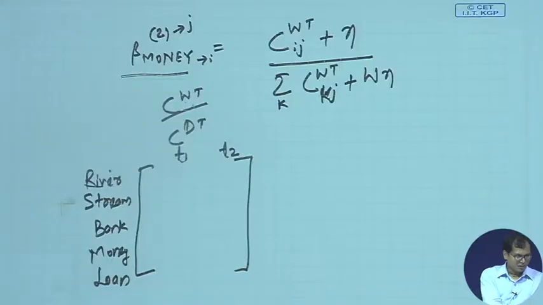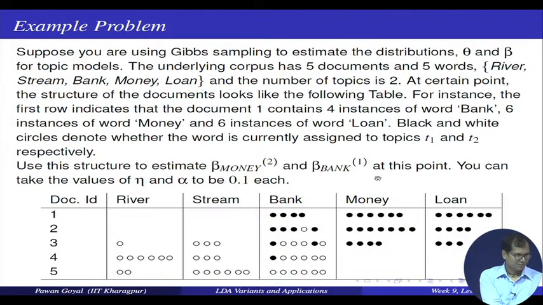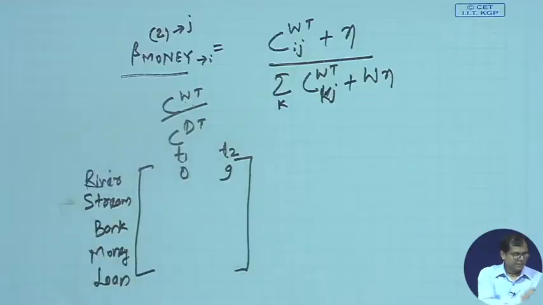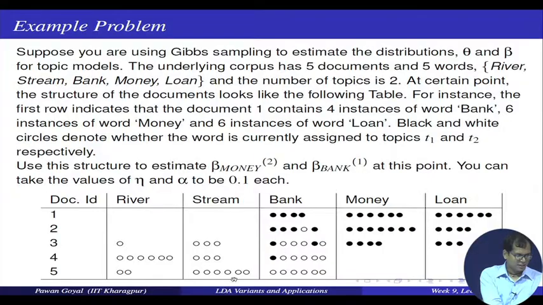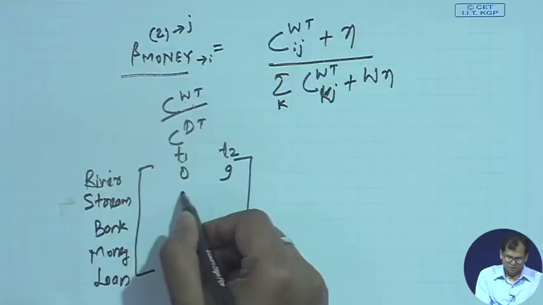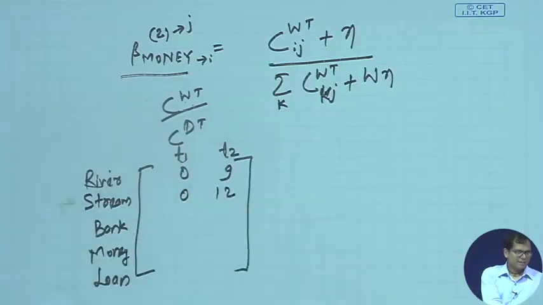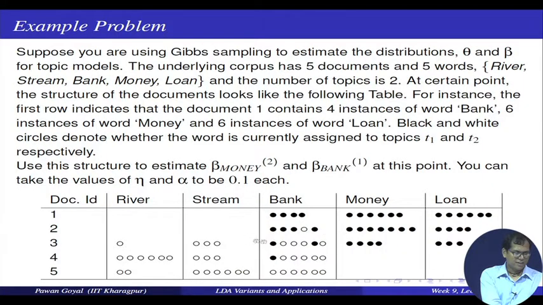River is not assigned to topic T1 at all, only to topic T2. I have 1, 2, 3, 4, 5, 6, 7, 8, 9, so river is assigned to topic T2 9 times. Stream again: 3, 3, 6 and 6, 12. Bank: 1, 2, 3, 4, 5, 6, 7, 8, 9, 10, 11,